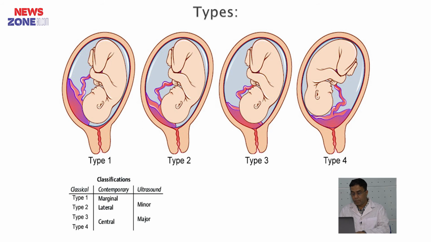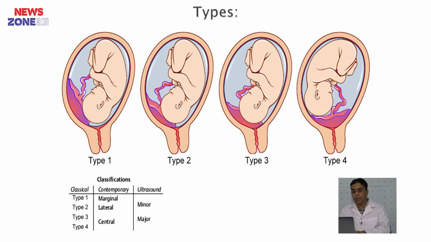According to degree of adhesion or penetration, placenta is placenta accreta, placenta increta, placenta percreta. According to shape, discoid, diffuse, cotyledonary, zonary. According to number of the lobe, bilobed placenta, trilobed placenta, placenta succenturiata. Number 6, according to distribution of umbilical arteries, dispersed type, magistral type. There is another type, accessory placenta.